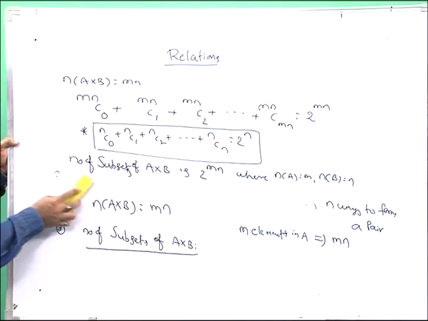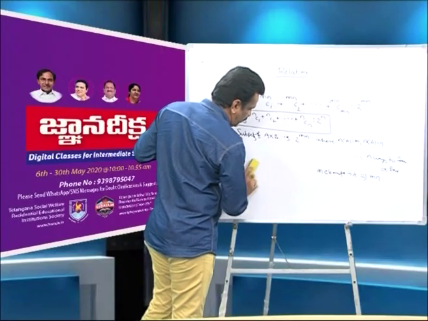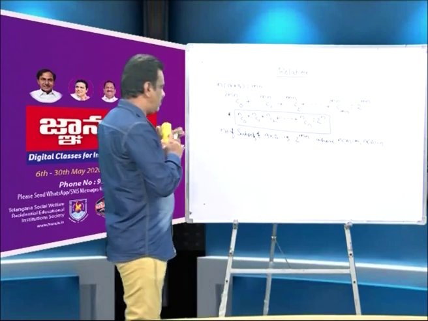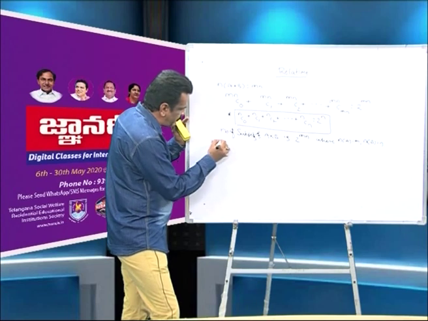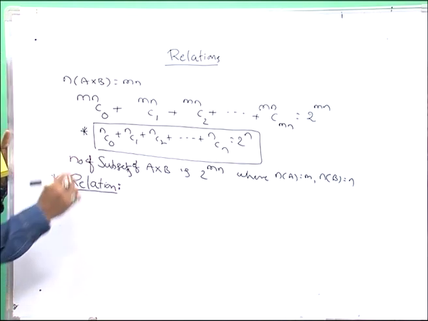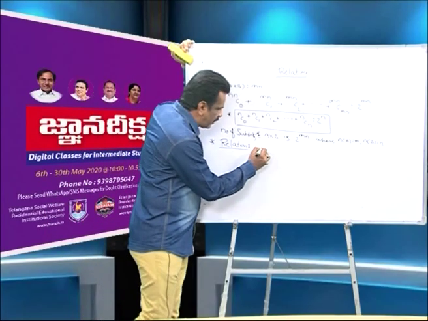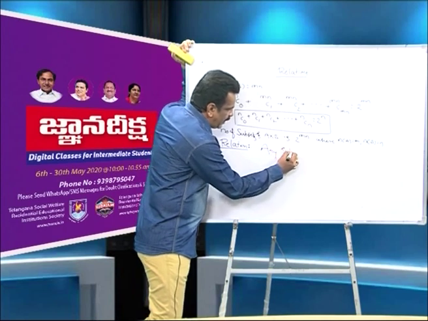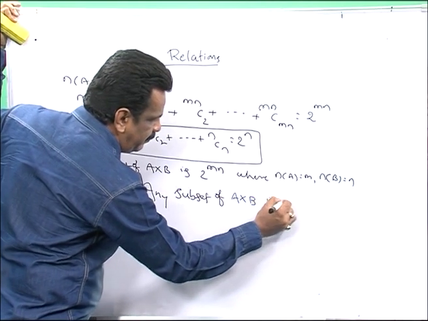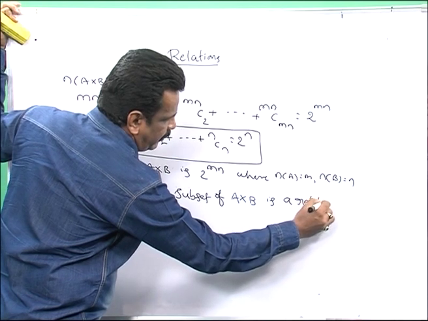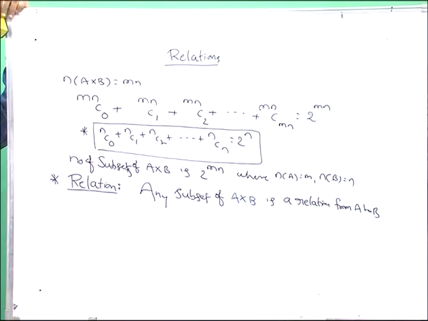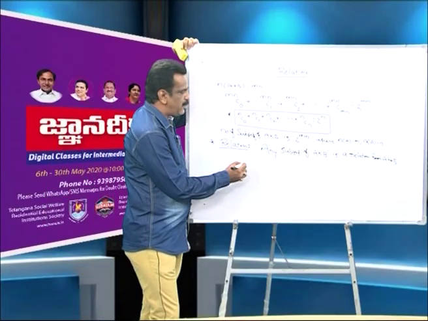Now we define a relation. So relation is what? Any subset of A cross B we can take. Any subset of A cross B is a relation from A to B. So to identify or to understand the relation, I will take again, as in the previous case,